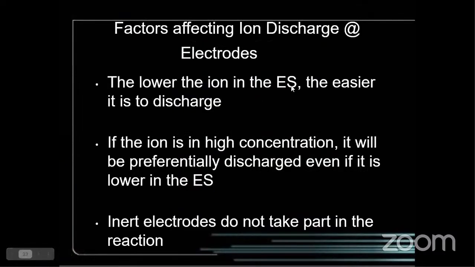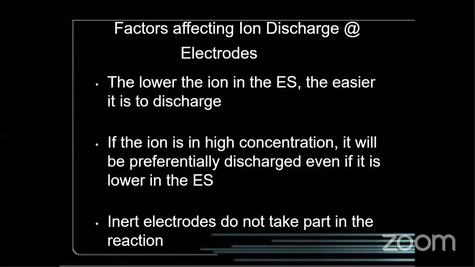You got to know it. Generally speaking, the lower the ion is in the electrochemical series, the easier it is to discharge. But if the ion is in high concentration, it will be preferentially discharged even if it is lower in the electrochemical series. So if the electrolyte has a very high concentration, especially on